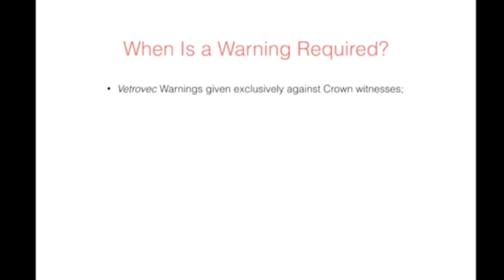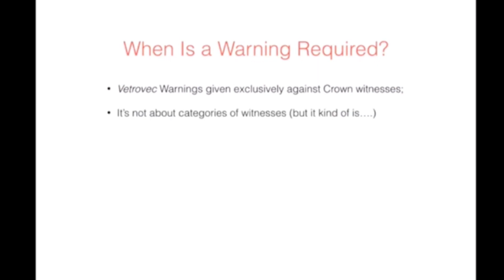Well, first and foremost, Vetrovec warnings only operate against the Crown. They are designed to uphold the presumption of innocence, and they're designed to ensure that wrongful convictions don't take place. So where a defense witness is shady and giving shady evidence on behalf of the defense, they don't get a Vetrovec warning. And one of the reasons for that is because of the way the burden of proof operates. Witnesses testifying on behalf of the defense are not part of a package of evidence that has to be proven guilty beyond a reasonable doubt. All they have to do is, at best, raise a reasonable doubt. So we do not give Vetrovec warnings against defense witnesses.